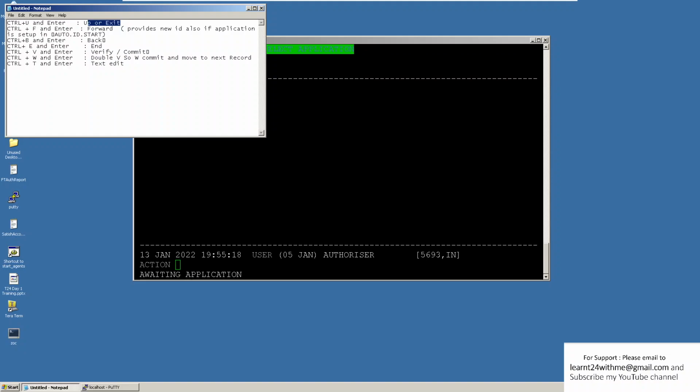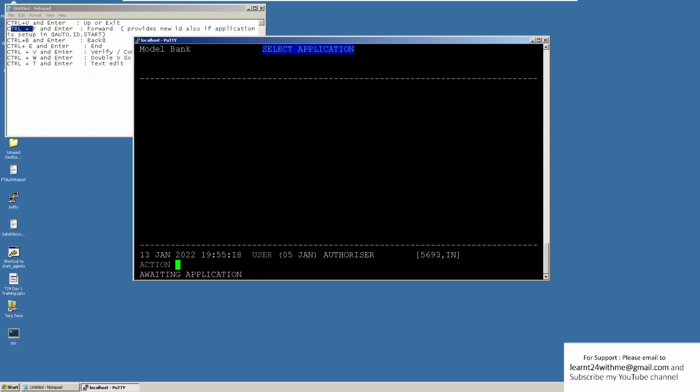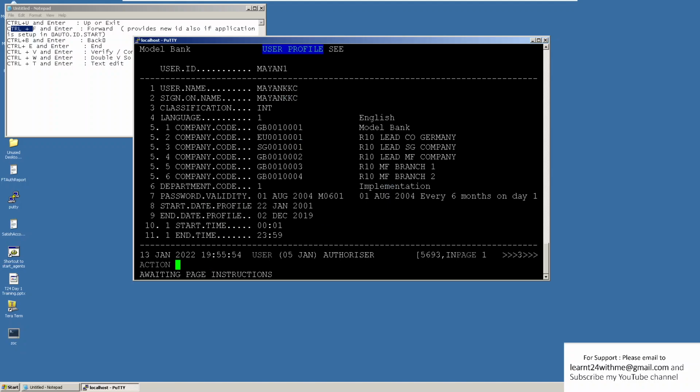Now we will see another command, Control F. I'm going to the same application, USER, and S, and I'm just giving a user ID. You can see we are on page number 1 out of 3 pages, the first page.